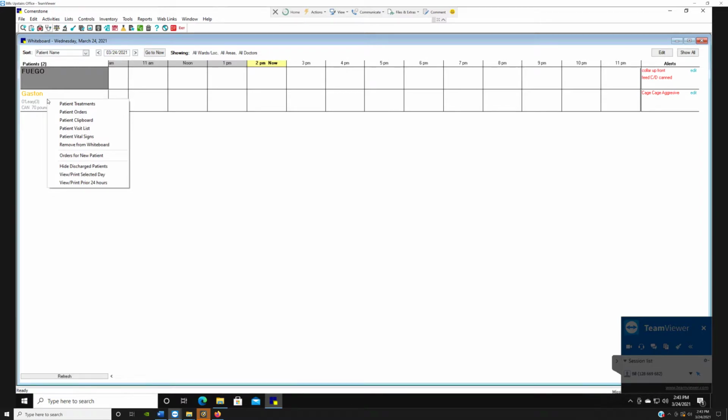One is the whiteboard itself, which we are looking at. The next is patient orders. That is where you create the treatment plan for the patient. And then patient treatments, and that is where you perform the treatments. So we need to create some orders. We need to create some treatments for this